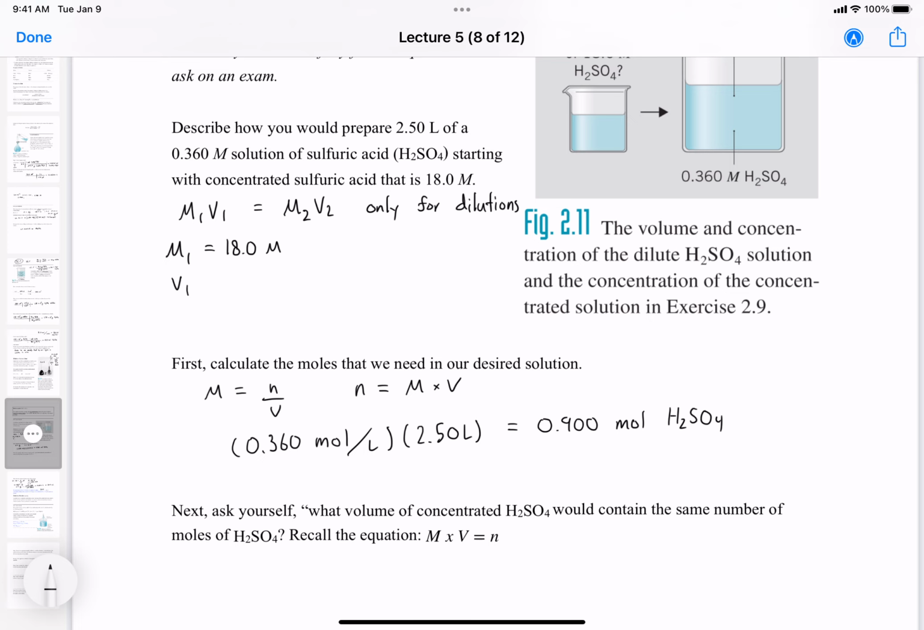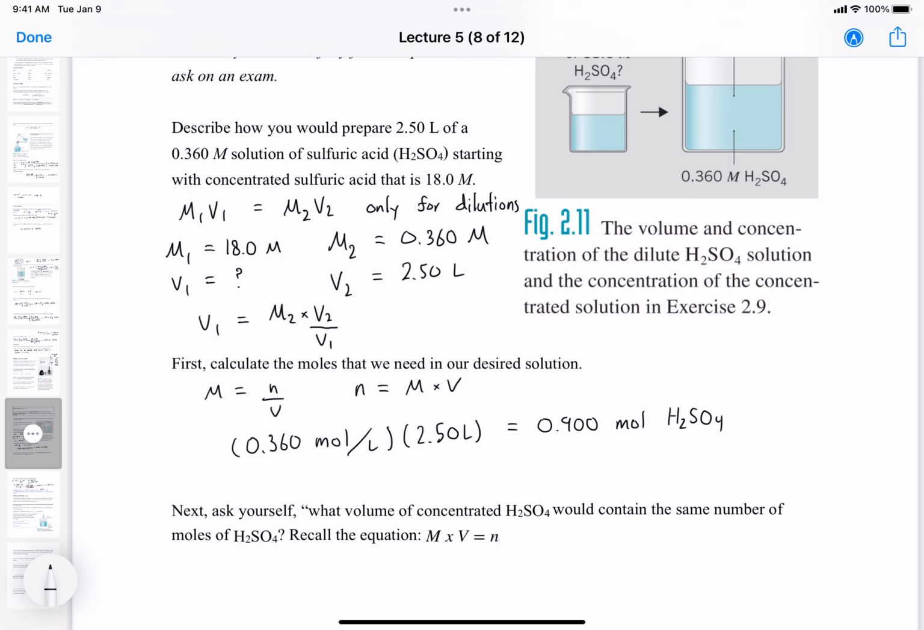We need to take a volume of that solution to get to our new solution. So we don't know V1. V1 is what we're solving for. M2 is our diluted solution, and that's going to be 0.360 molar. And then our volume of the diluted solution is known, and that's 2.50 liters. So if we rearrange the M1V1 equation, we would get V1 equals M2 times V2